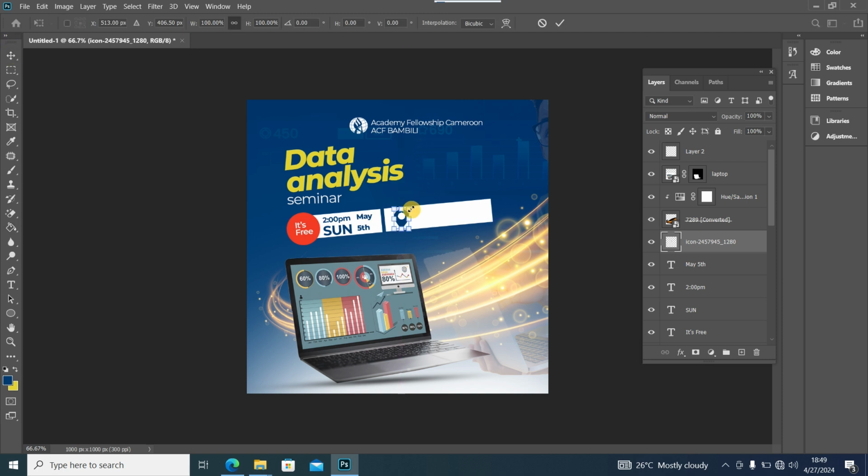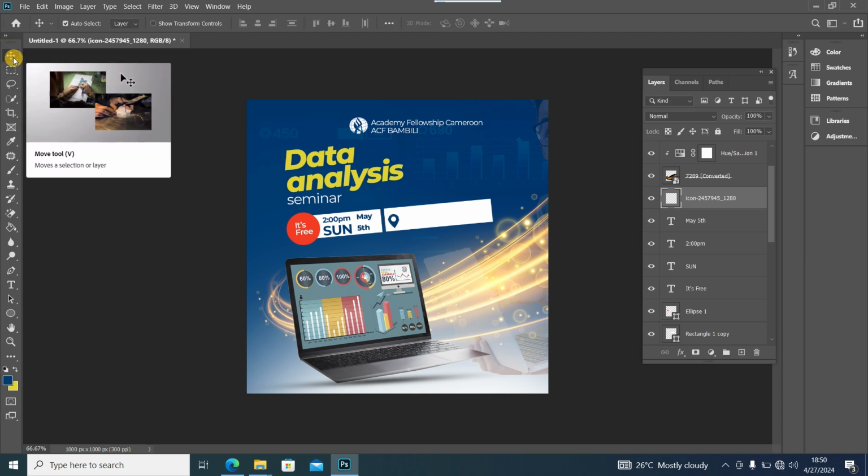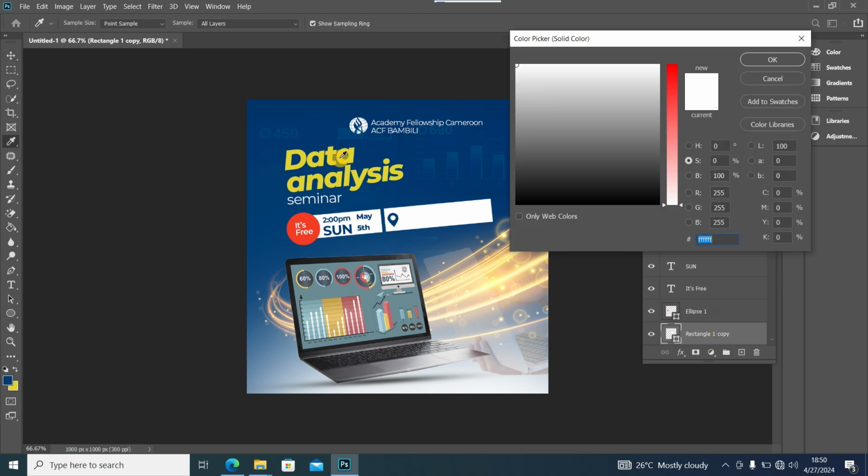Control T, reduce the size to something like this, and I'm going to rotate it slightly like that, and I'll move it to this position. Oops, make sure you click on this and move it to this position like that. And I want to increase the size a little more like this. Okay, once that is done, I'll just position it there, and I'll change the color of this layer to yellow